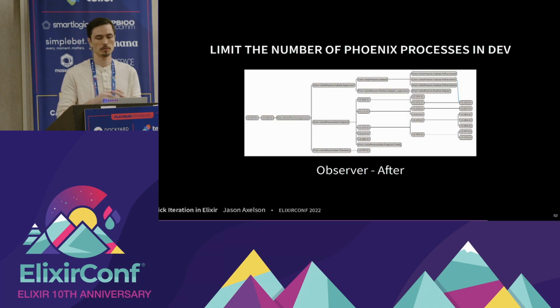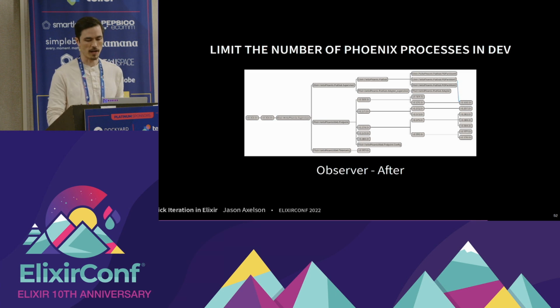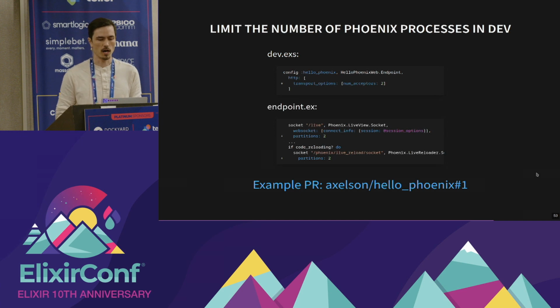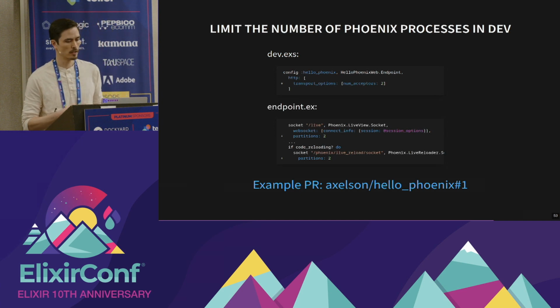But you can clean it up pretty easily, and then afterwards you can see, oh, all these processes now fit easily on one screen. You can see here's the endpoint, and here's the telemetry things, and then you'd have the rest of your supervision tree probably somewhere down below here if you had a real application. And the way you do that is in your dev.exs config, you set transport options for your endpoint to